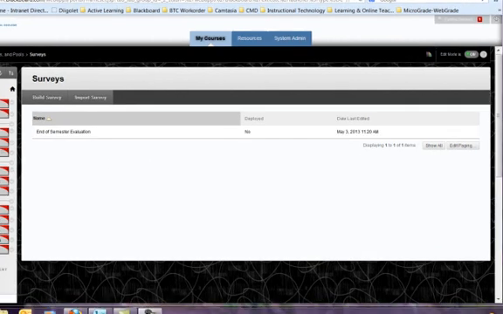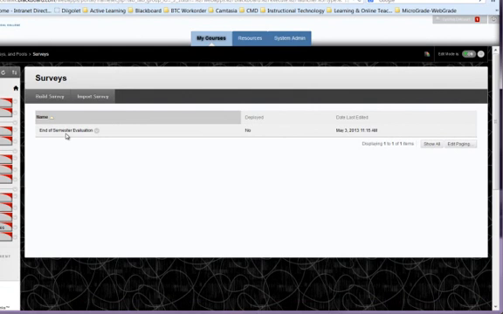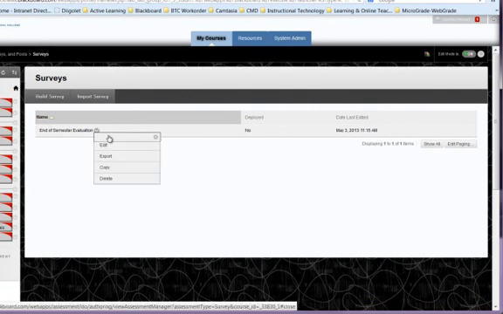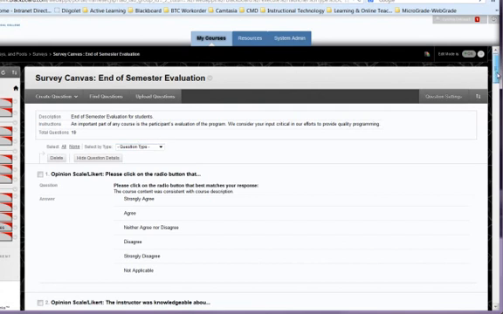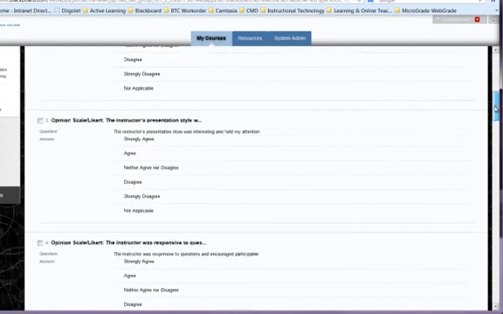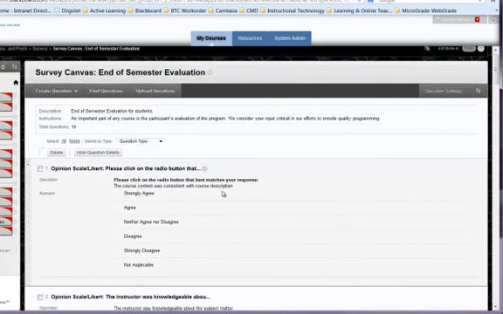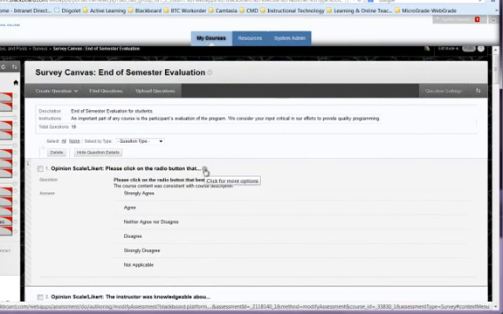Now I'd just like to ask you to add a small amount of information to this survey that will make it easier for the administrative assistants to compile once you send them the attempt statistics. Alright, so I'll walk you through that process. Just put your mouse over the title of the survey, click the action arrow that appears, and choose Edit. This is also a good time to just scroll down the survey and make sure everything looks okay and the questions or statements are saying what you want them to say. In which case you could edit each question again by putting your mouse over the name, hit the action arrow,